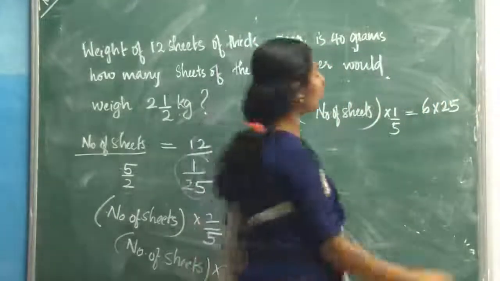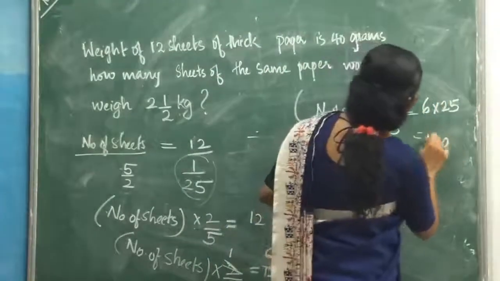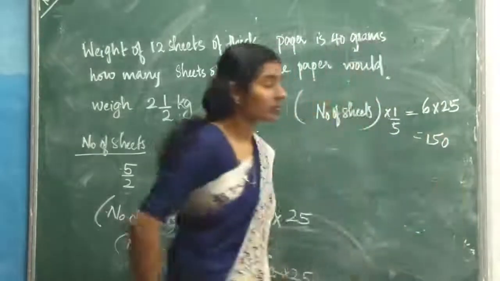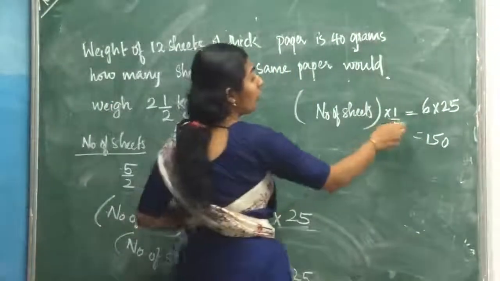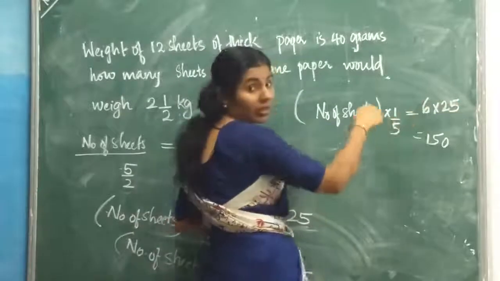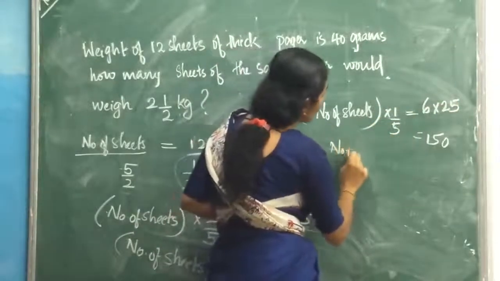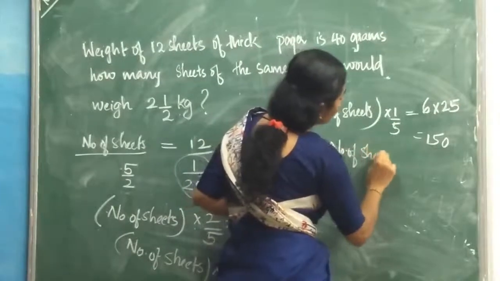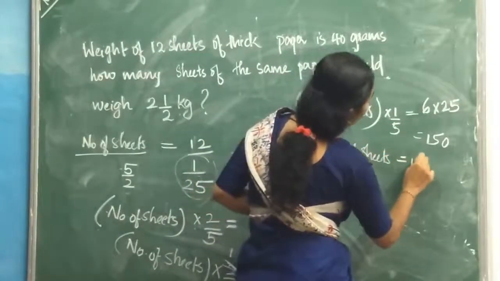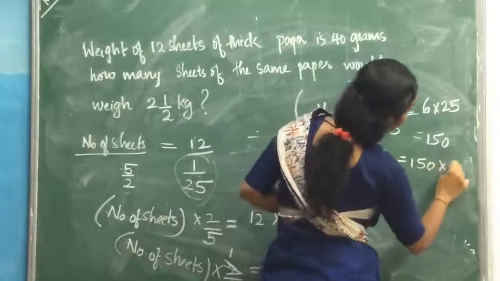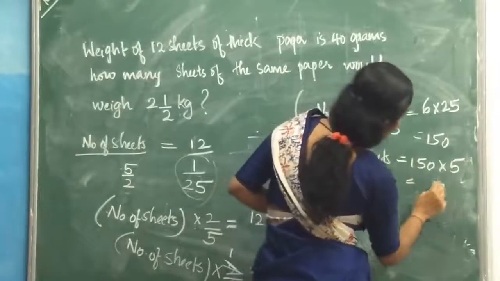What is 6 multiplied by 25? 150. Now the 5, when you shift it to the right side, you will get number of sheets equal to 150 multiplied by 5. That is